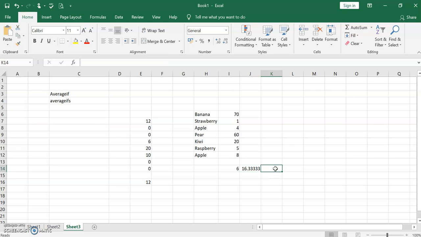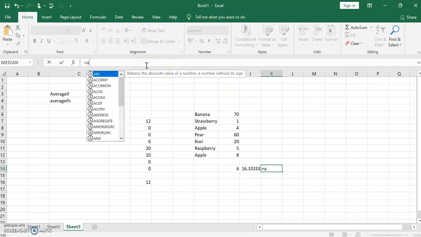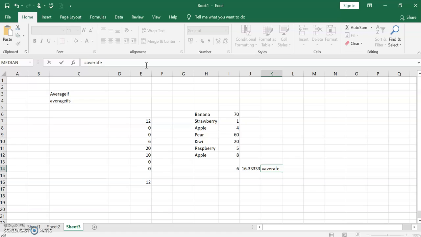And one more thing, you just see there are two types of fruits that end with berry. So for us it is only the characters, right? So you can give the character alone and you can find out the average for all the fruits. You just want to have the average of all the fruits that end with berry, right? Again, you can select the command, average if.